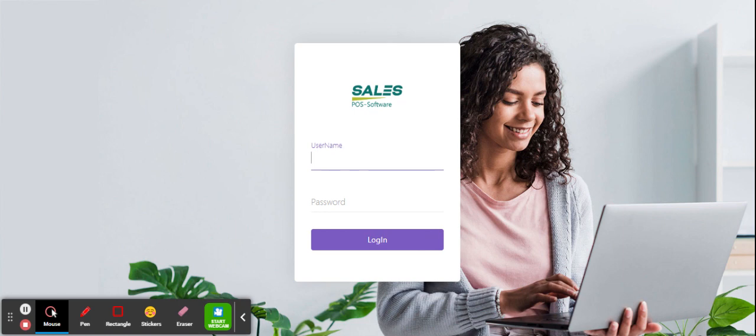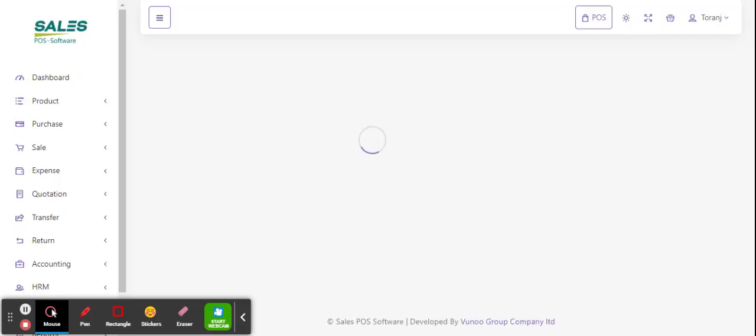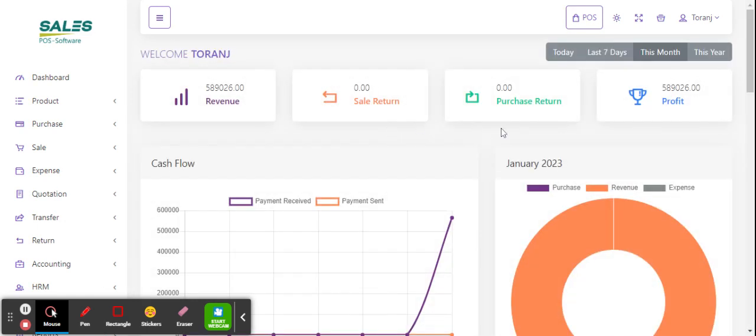I can log in using Torangin. The password is admin. After login, I will land on the admin panel dashboard where I can see some of the summary of the recent activities